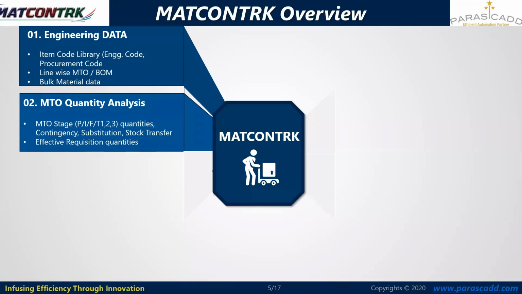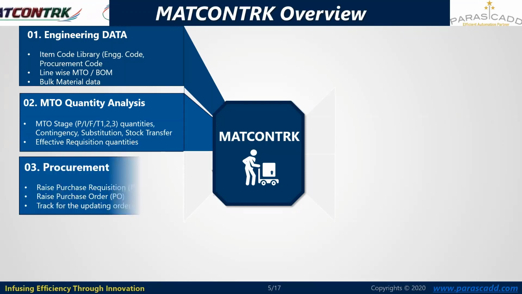Additionally, substitution procedure is also taken care of over here. If any substituted quantity is available to consider with respect to the minor modifications, acceptable modifications, basically, those quantities will also be considered. Stock transfer, if a project is receiving the material from another source of the same project, or maybe from another project of the same company, so this stock is also considered over here. By considering all of these parameters, the effective quantity for the procurement is being calculated and considered for the further requisition and procurement processes.